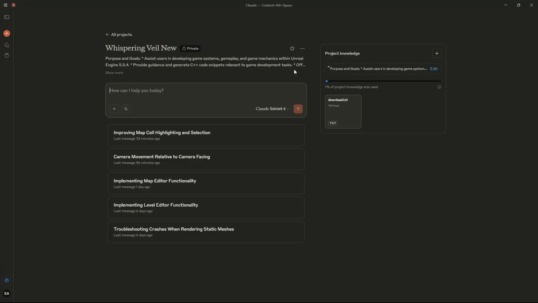Let's go ahead and start with a new chat here, and have Claude kind of start looking into that. Working on functionality for our editor. We have cell selection working, but when attempting to make changes to that